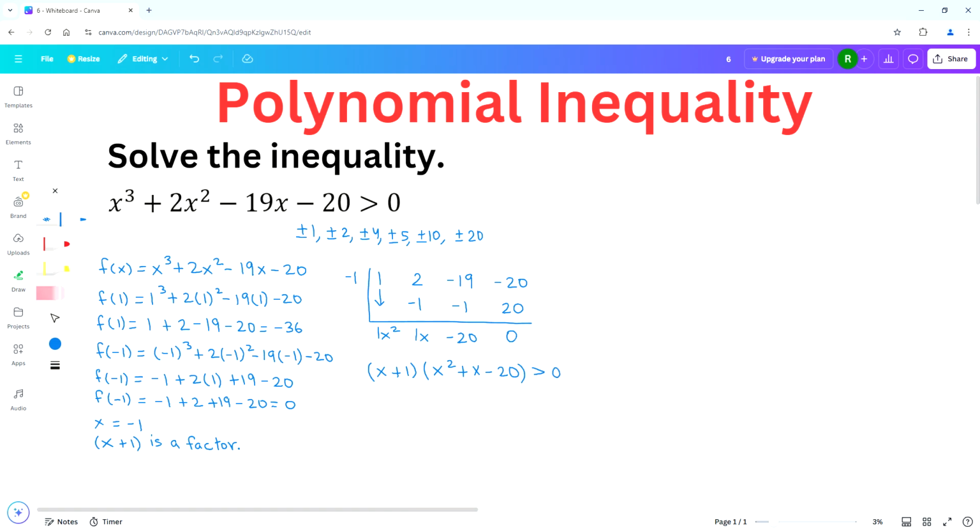Next, we should factor the expression x squared plus x minus 20. This is a simple trinomial. We have to find two numbers whose sum is the coefficient of the x term, 1, and product is the number term, negative 20. Two numbers that satisfy these two requirements are 5 and negative 4. So we can write the given inequality as